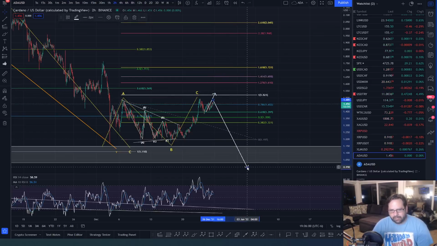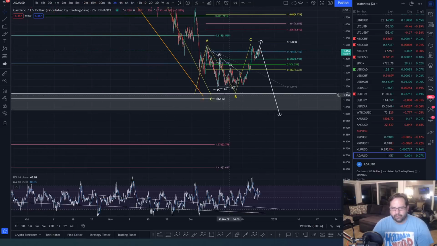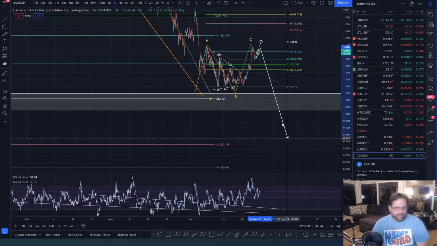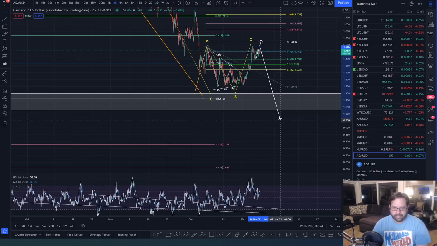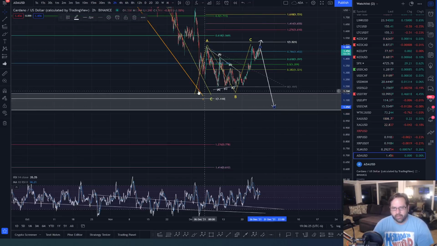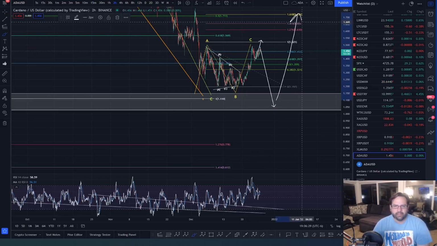And we're going to come down and make lower lows, and we're going to finally hit our lower targets of $1.10 to even potentially 77 cents. I think that's kind of a low target there, but nevertheless, ADA could hit it. I think $1.10 to $1 is much more likely for ADA. So I see this area right here just hitting the low, breaking this liquidity, and then what I would expect after that is a pretty good rocket ship to the upside, and that would give us